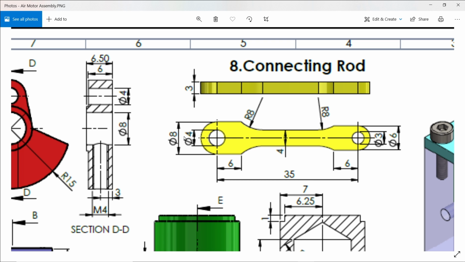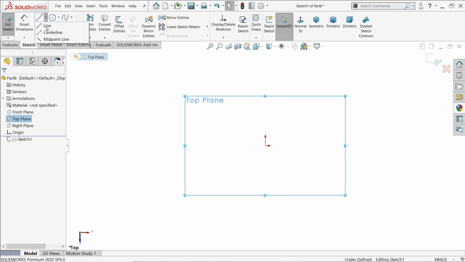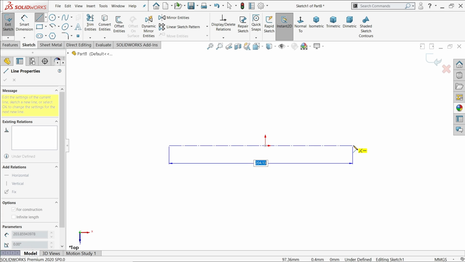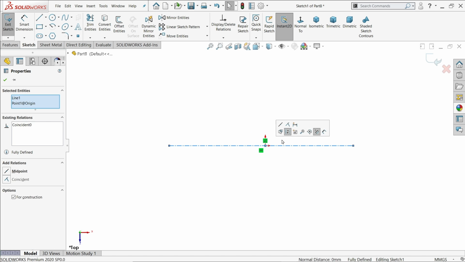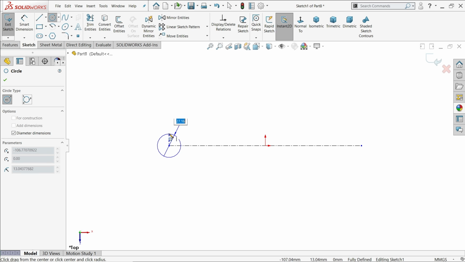35 millimeter long, 8 and 4 millimeter, 6 and 3 millimeter, radius are 8, thickness 8 millimeter. This crank web is 6 millimeter and thickness 3 millimeter. So let's see, top plane, sketch. Okay, hold shift key, select the line, midpoint. That's also fine. Now let me choose here